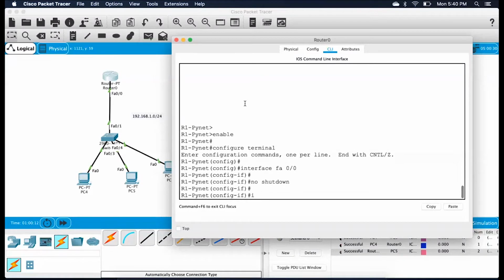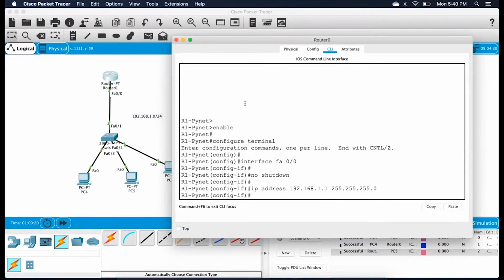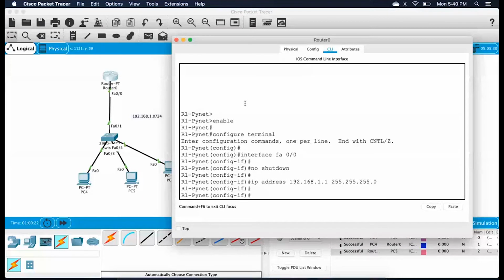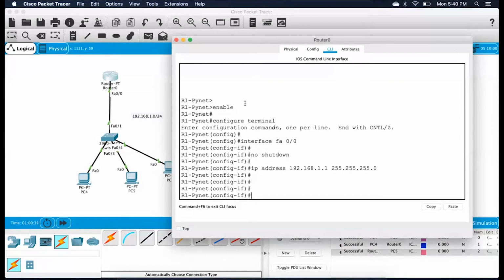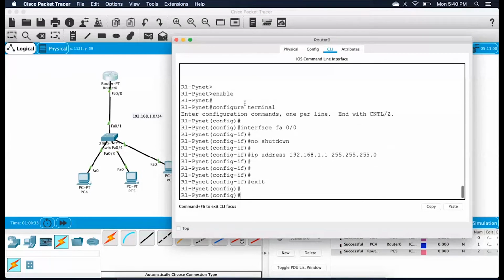And then you say IP address 192.168.1.1 255.255.255.0. Okay, this is when we configure the IP address of your interface. Cool. And then you take an exit from that mode, and then you create a DHCP pool,